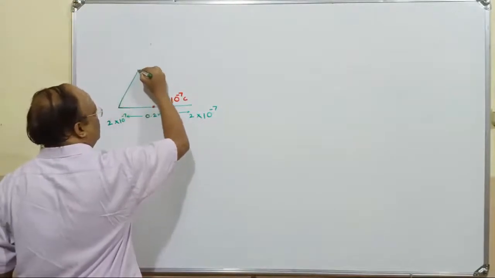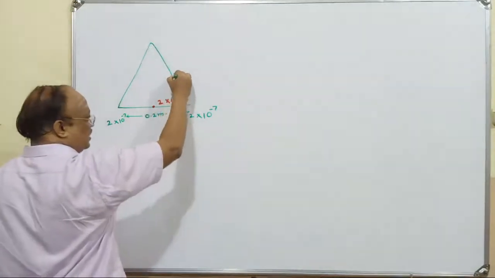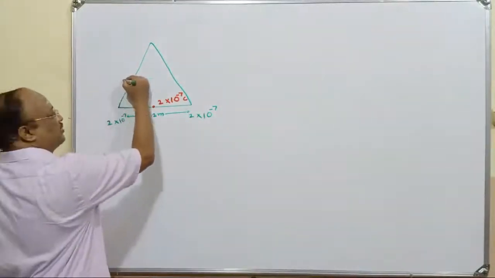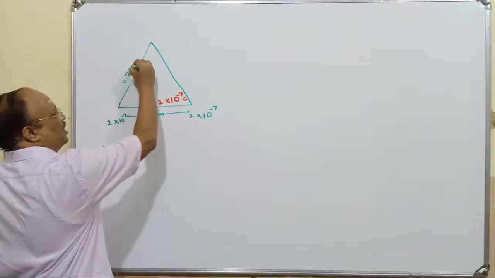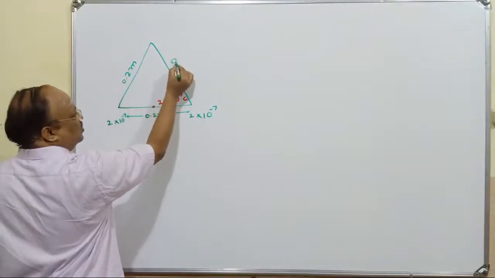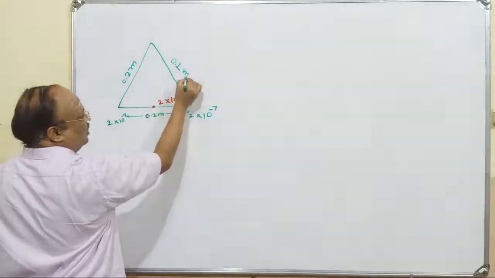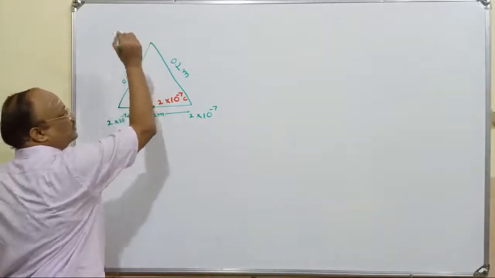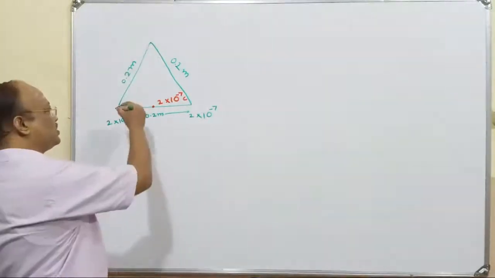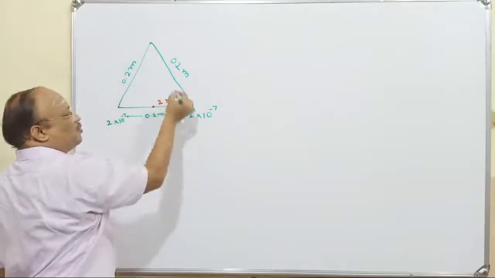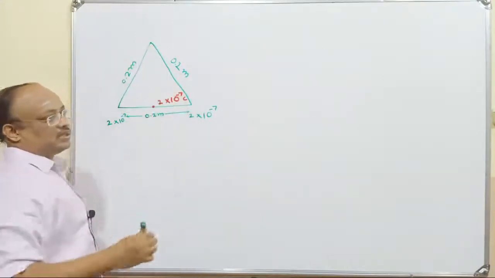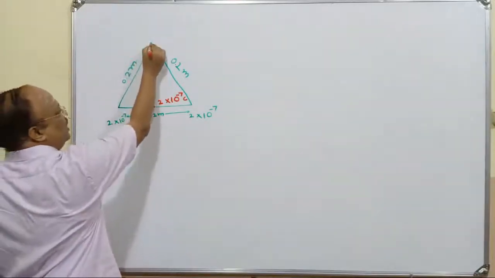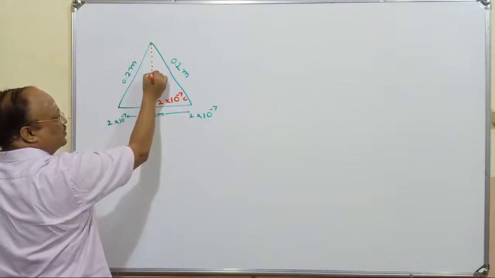In the sense, it is almost like an equilateral triangle. This is 20 centimeter. In the sense, I can write it as 0.2 meter, and this side is also 0.2 meter. It is moved to a point which is 20 centimeter from both these charges. In a sense, it is moved like this to this point.